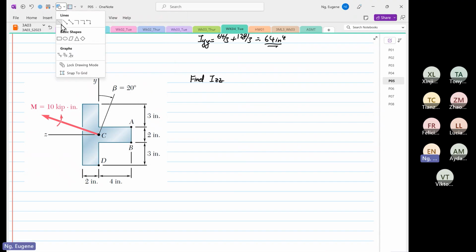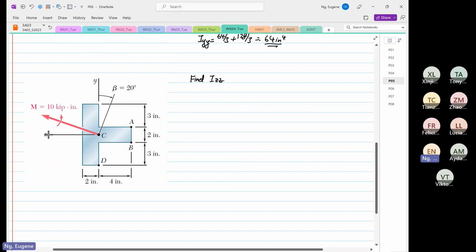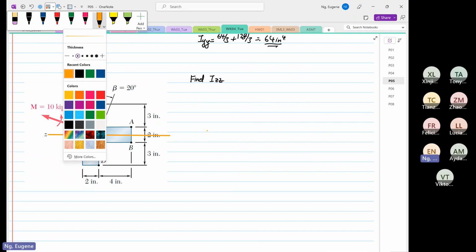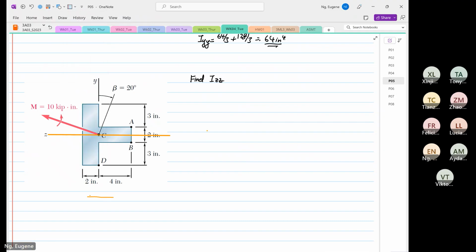Okay, so this is the axis of interest now. Okay, so that's IZZ. So when you declare that, we now know that this is the width and the perpendicular geometry, this is the depth. The formula is the same, but we now no need to find